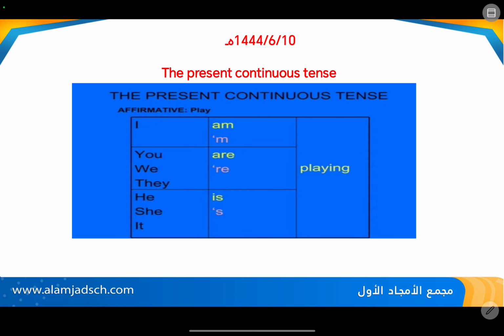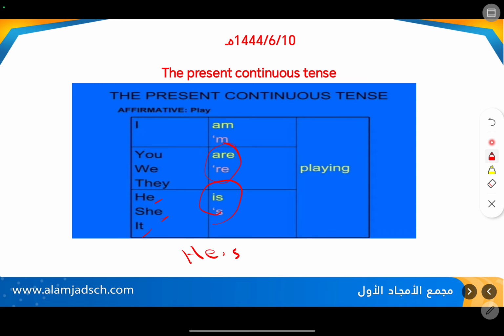With you, we, they, I add are: you are, we are, and they are. And the last thing, with the singular subject pronouns such as he, she, it, I add is, for example, he is